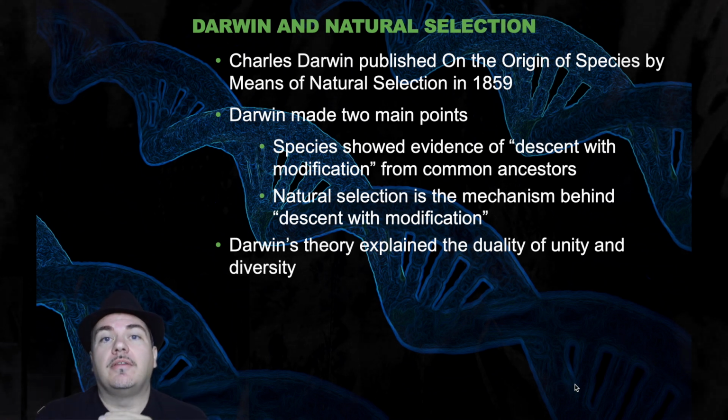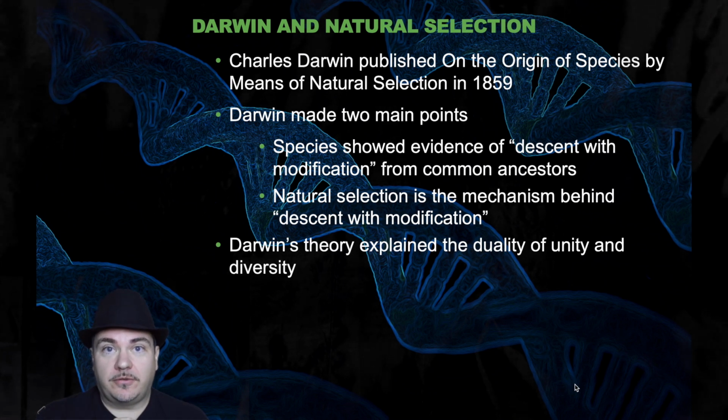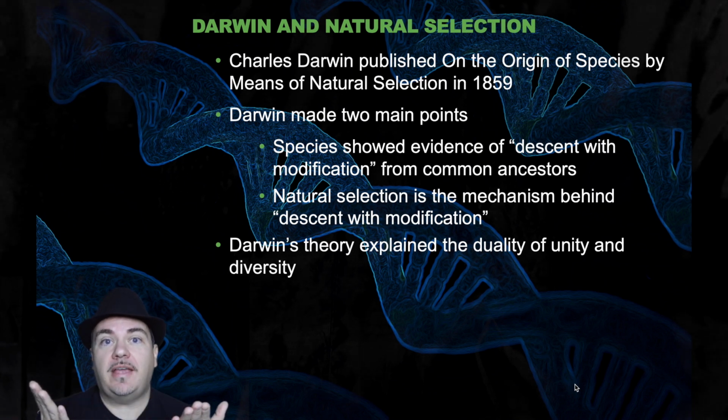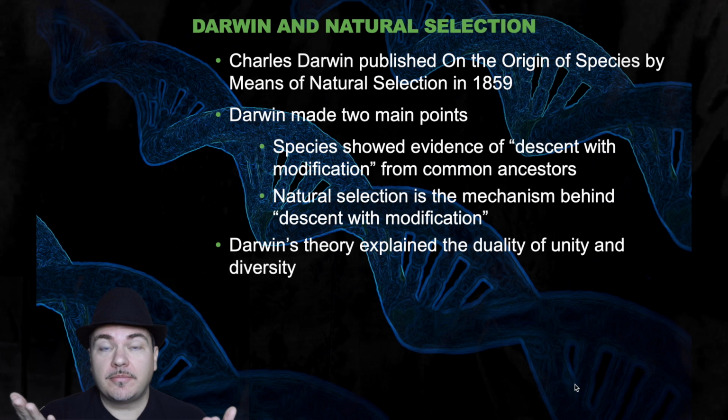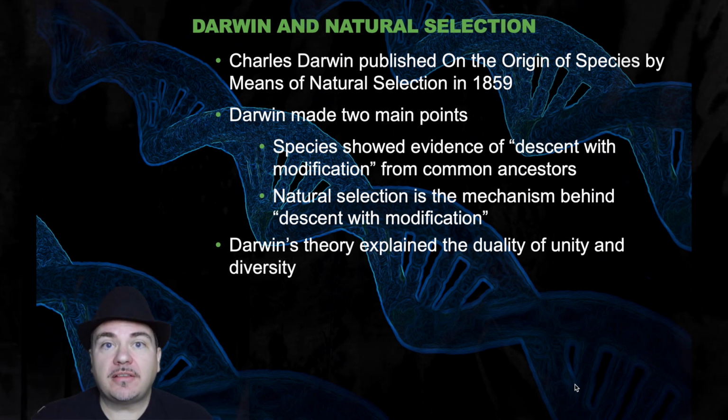However, there is just as much, if not more, unity than there is diversity. There's a shocking amount of similarity among all the living things on this planet. The theory of evolution can explain how things can be both different and the same at the same time. As we go throughout this lecture, I'll explain to you how that works. But before I get into those details, let me explain a couple of the misconceptions about Darwin.